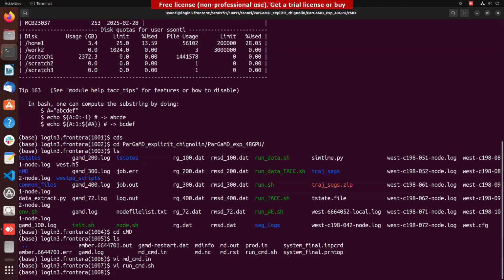So you just need to remove all other files except for the run scripts, and you have to give your initial topology files, and it will run GAMD for you. You can change the GAMD parameters in md.cmd.in according to how you want it to be. And once that is done,